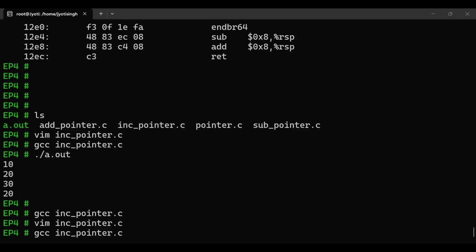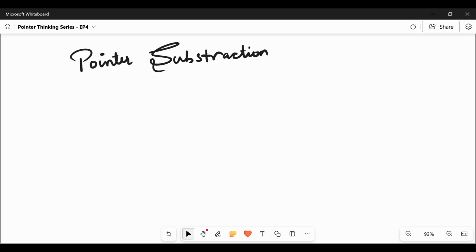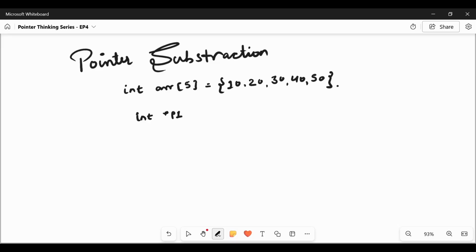So let's move to pointer subtraction. We have a similar example, an integer array with values starting from 10. Let's take two pointers, since we have to subtract, so we need two pointers, p1 and p2. In the pointer p1, let's store the address of the first element, array of 0.